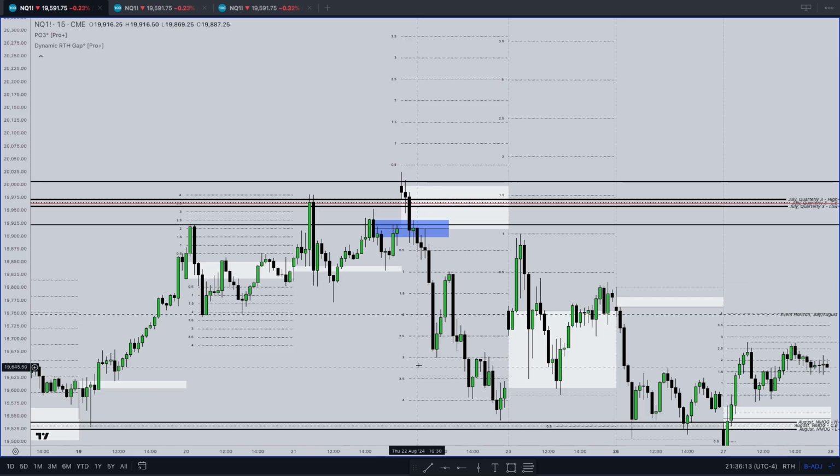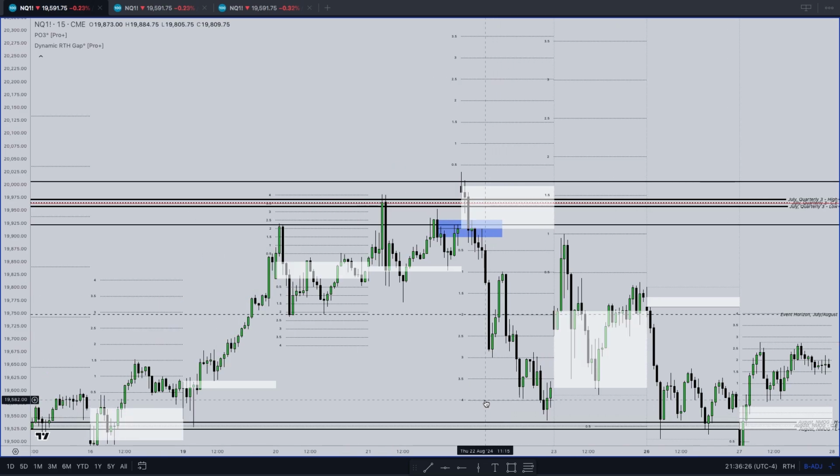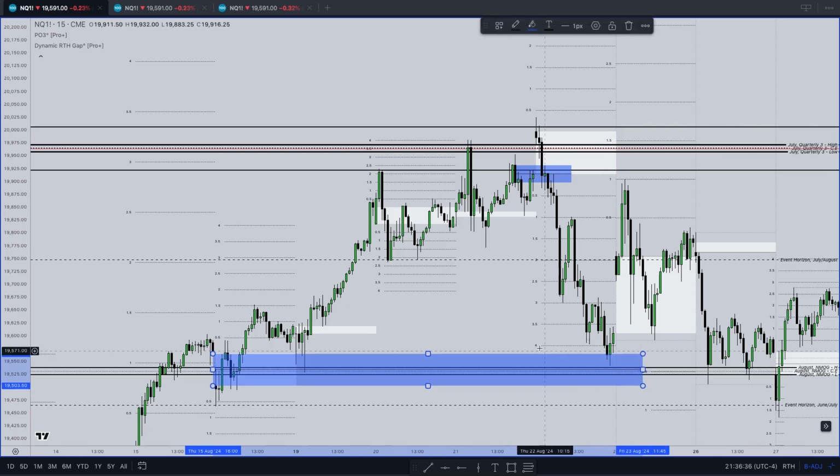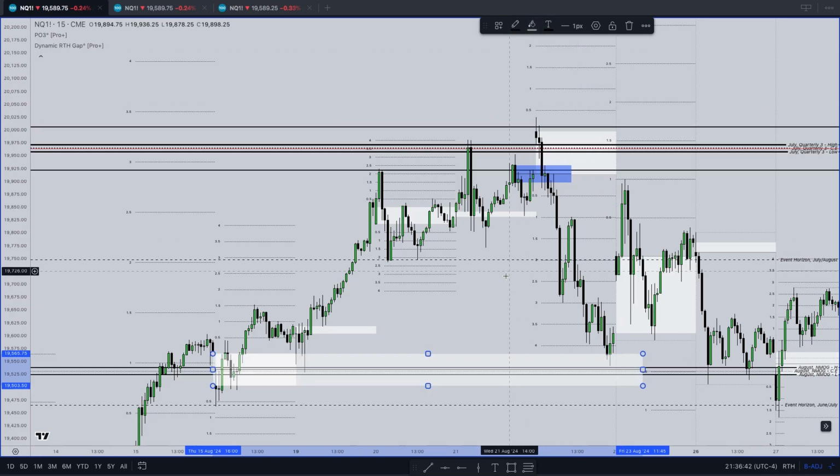Okay, but we closed below the 2 and 2.5 standard deviations. We retraced to an area of reaccumulation that is 1 and 1.5 standard deviation, and we continued to move lower to the 4 standard deviation, and we reached this gap that was the Friday regular trading hours gap, and we closed with bodies above this level here. Okay,